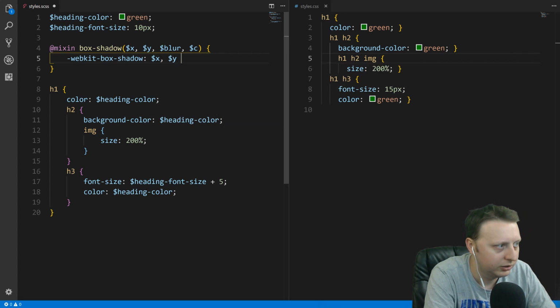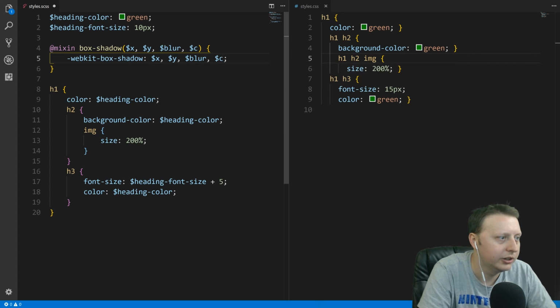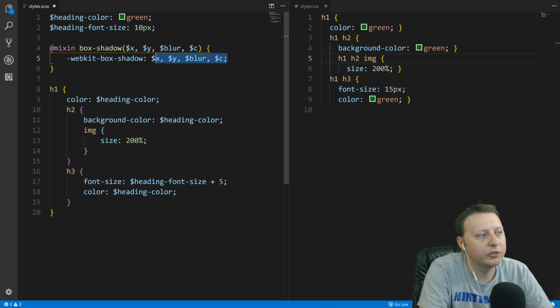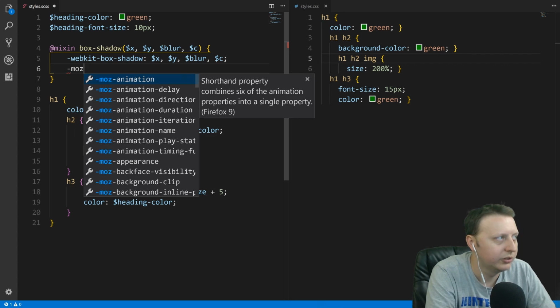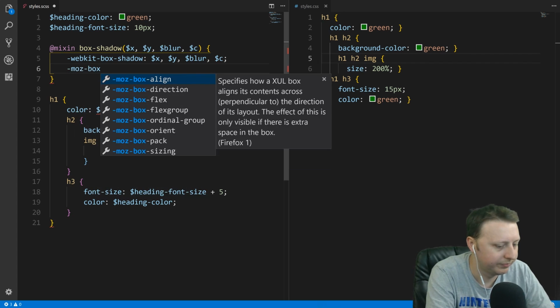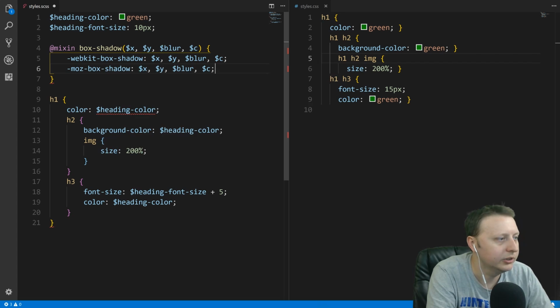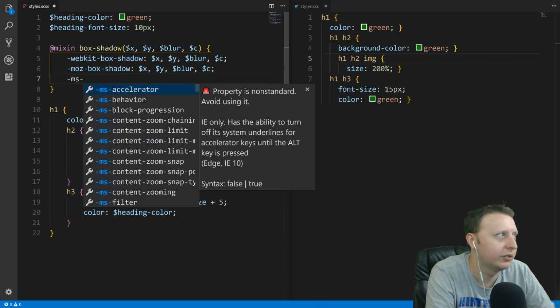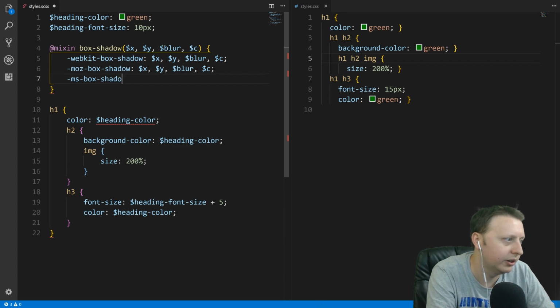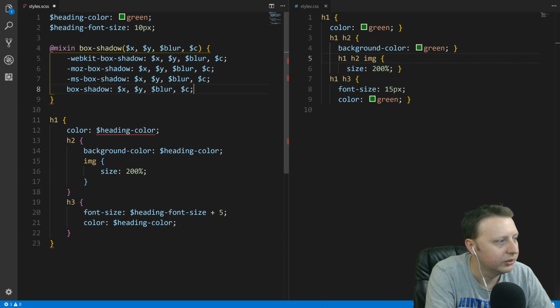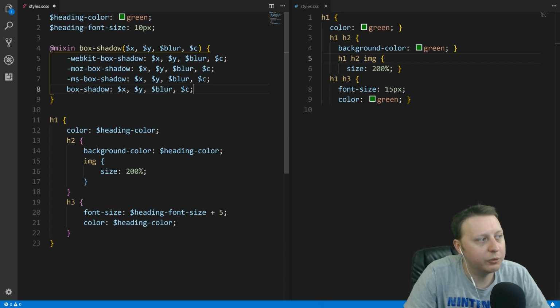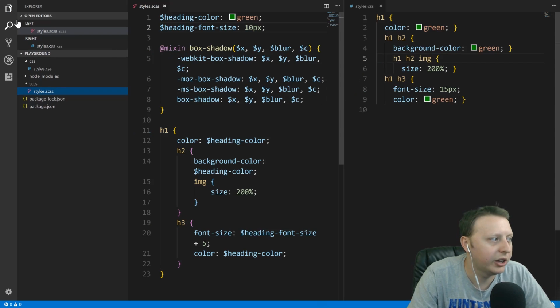Y, blur, and C, and then we're going to do the same. I'm going to copy this real quick. We're going to do the same thing for the Mozilla vendor prefix. And then I'm going to do the same thing for the Microsoft box-shadow vendor prefix. And then I'm just going to have the default box-shadow. And now that we've set this up, you would probably have a file in here called something like